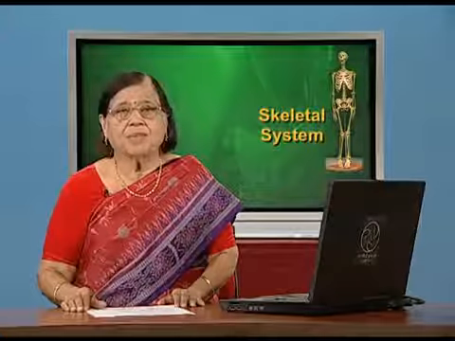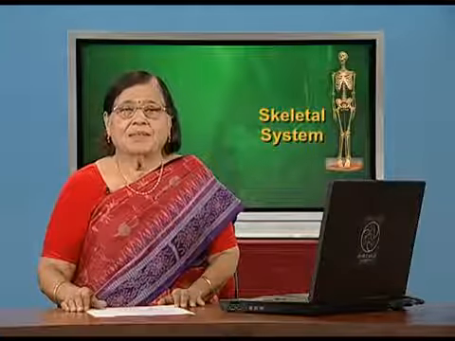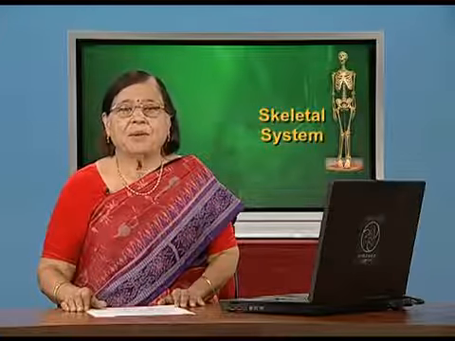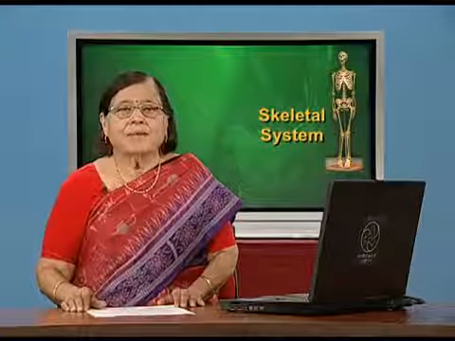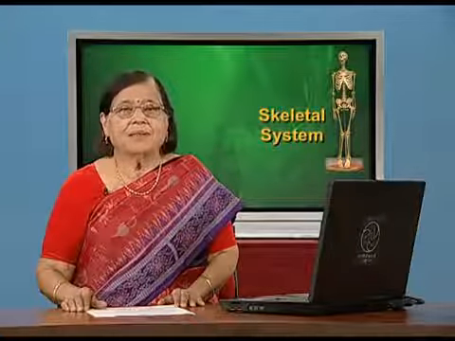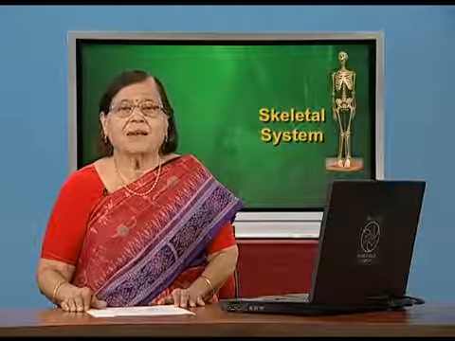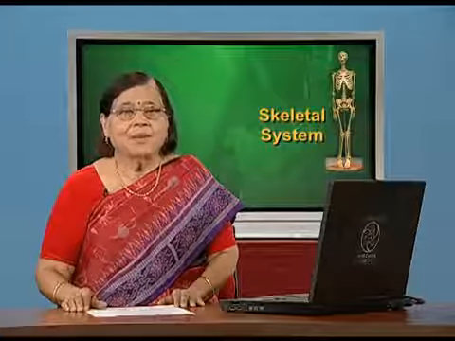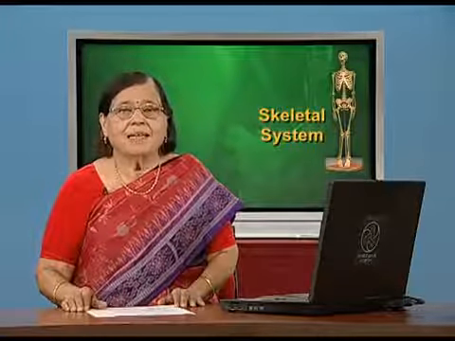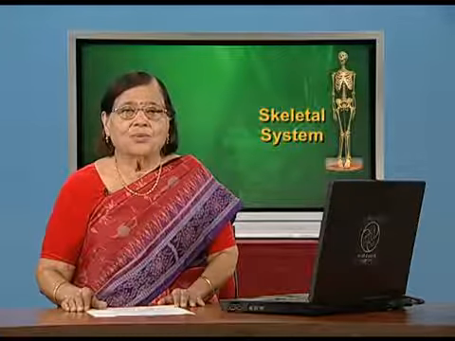Out of 12 pairs in the rib cage, the first 7 pairs are true ribs, the 8th, 9th and 10th pairs are false ribs, and the 11th and 12th are floating ribs. We did discuss the pectoral girdle, the pelvic girdle and the cavities in these two girdles to fix with